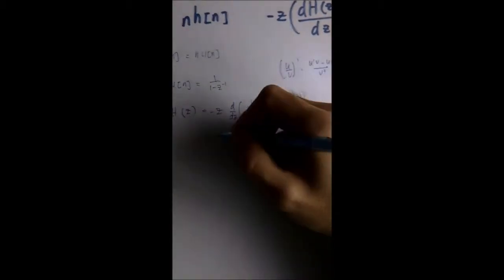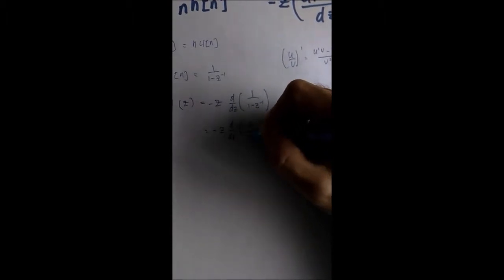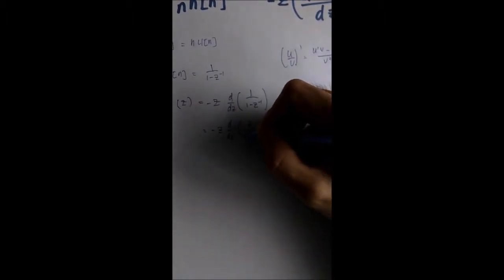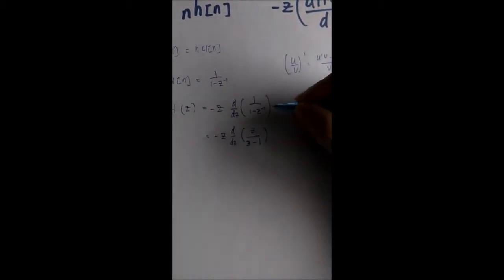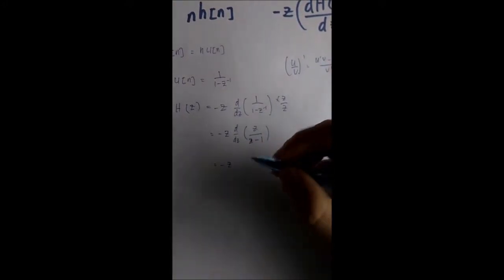But before that, we will simplify the formula for easier differentiation by multiplying the equation with z. So from the differentiation and the quotient rule, we will get